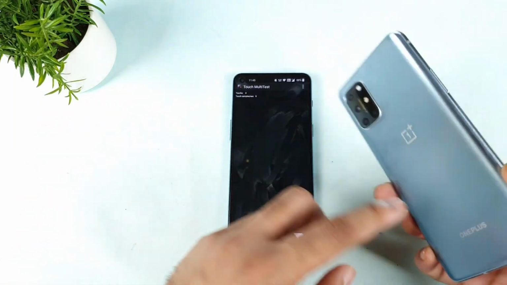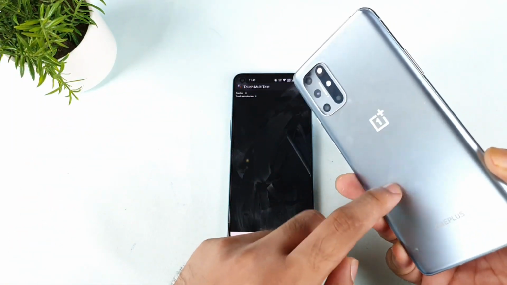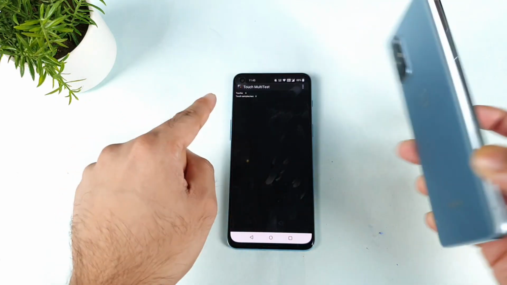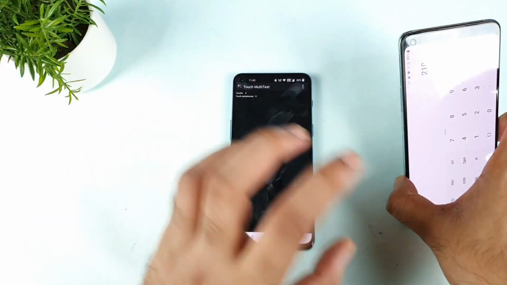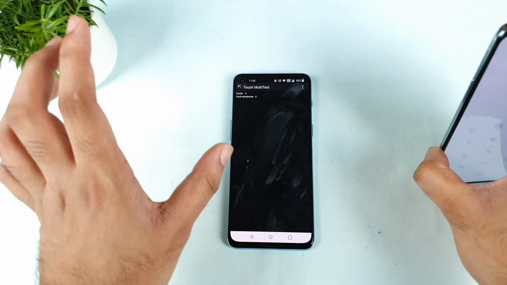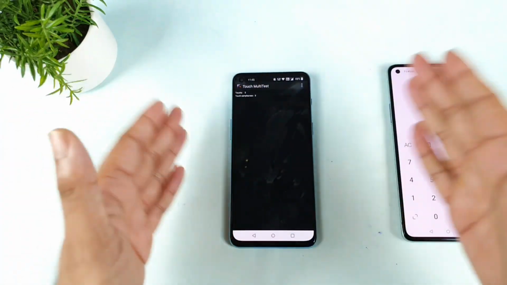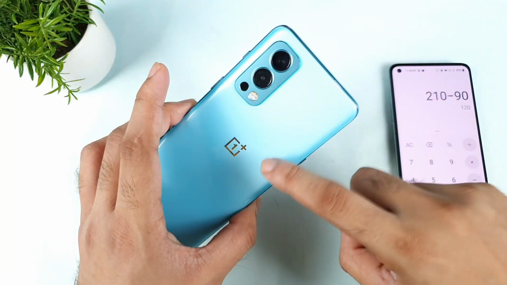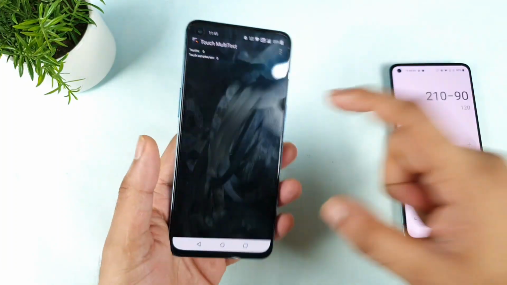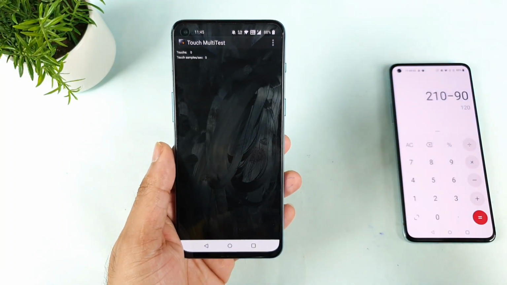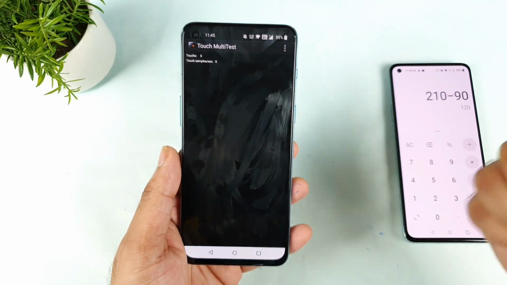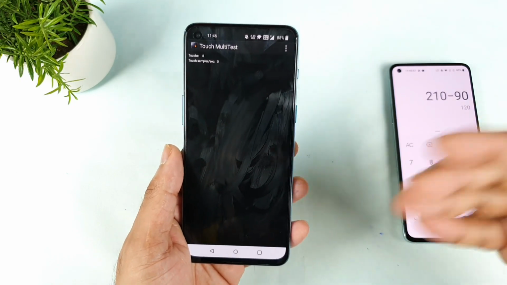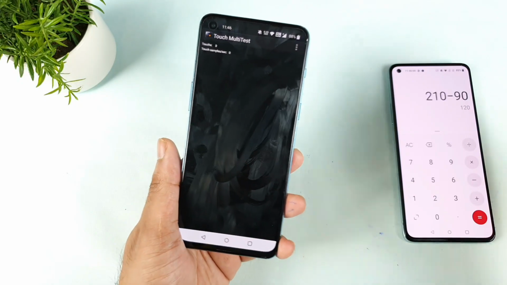Even the OnePlus 8T that I have shows 240 Hz touch sampling rate, working fantastic using the same application. OnePlus Nord CE, same application, same test, 180 Hz touch sampling rate, no issues. As soon as OnePlus introduced the Oxygen UI and Color UI merge, the problem started. Same problem with the Realme X1 Max as well; the default touch sampling rate is limited there. So maybe this is a UI issue as well. Let's see when they'll fix this kind of UI problem.